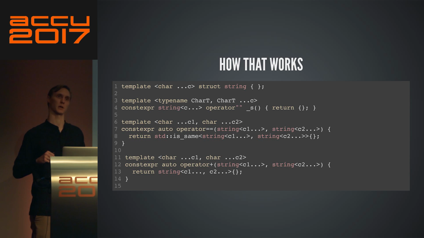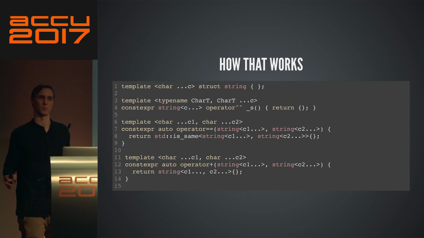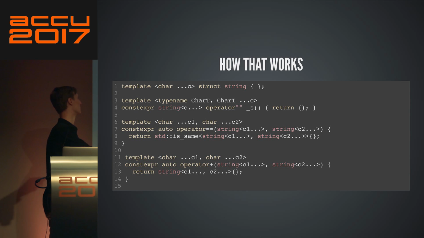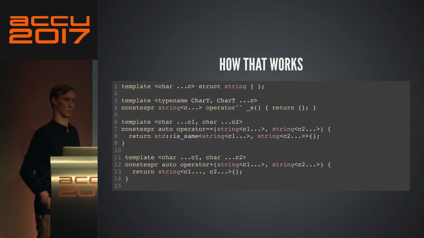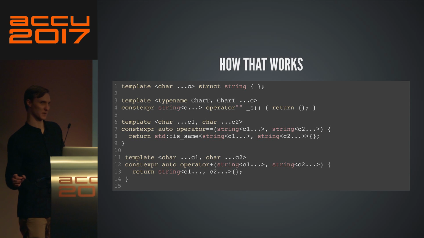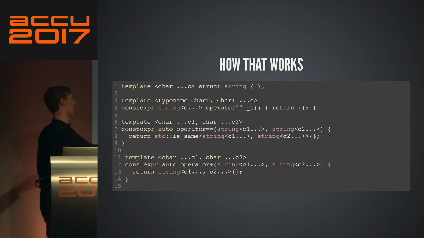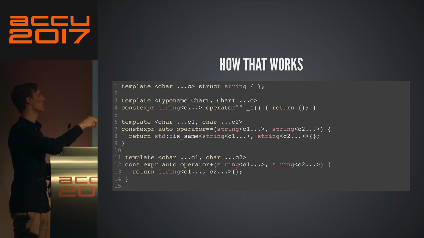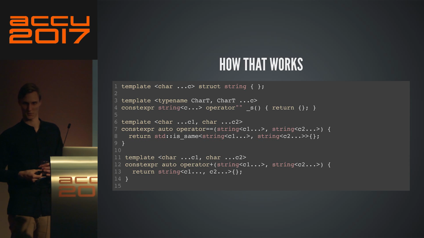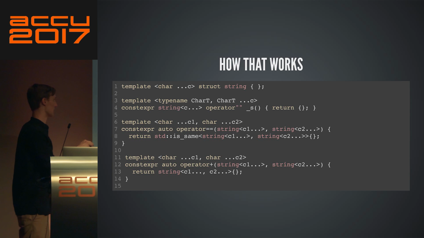Pick your implementation, it doesn't matter, but the idea is, are all these characters equal? You could also be fancy and consider what happens if there are many null terminators and stuff like that. But the idea is essentially you're saying, do you contain the same thing, for some definition of same thing? And then when you say plus, just as we did for integral constants, you take two strings and you just concatenate them.